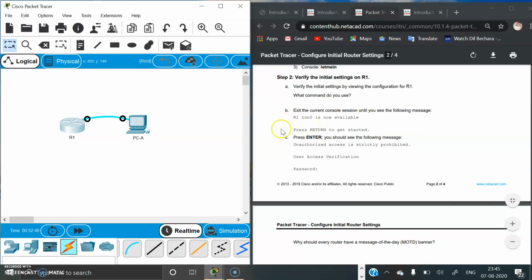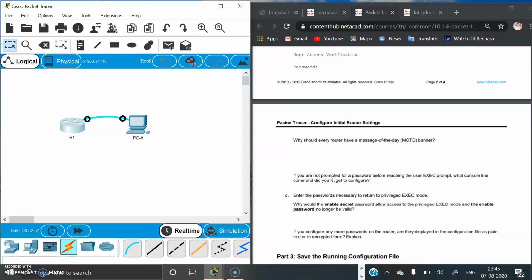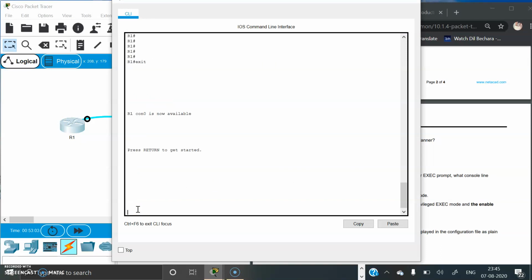And next part is exit the current console session until you see the following message. Then after that we have to check. Okay, we will do that. Enter exit again. Enter. Now the line console password is let me in.